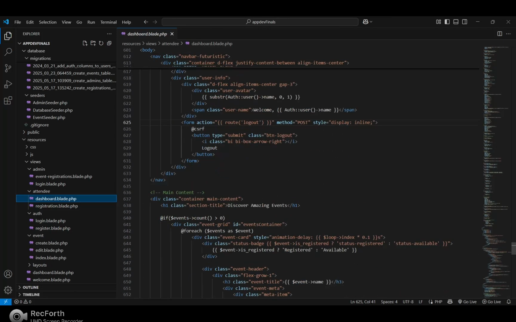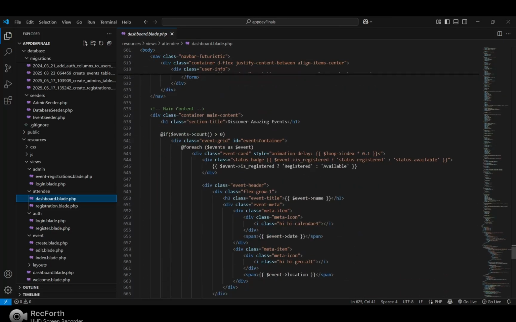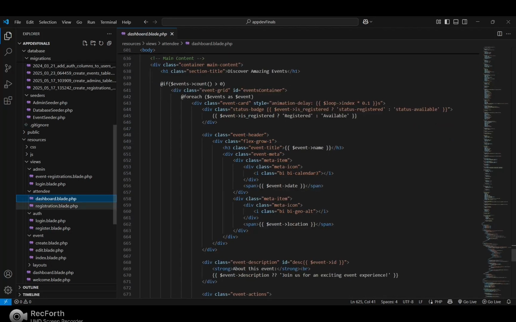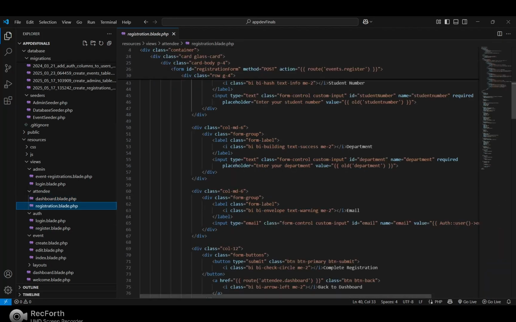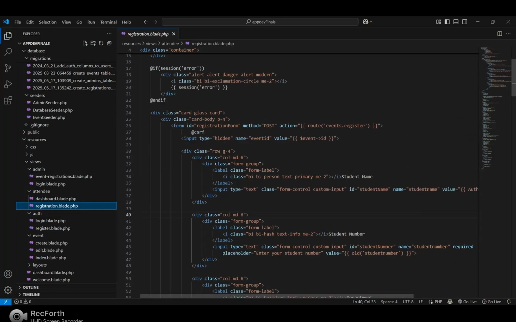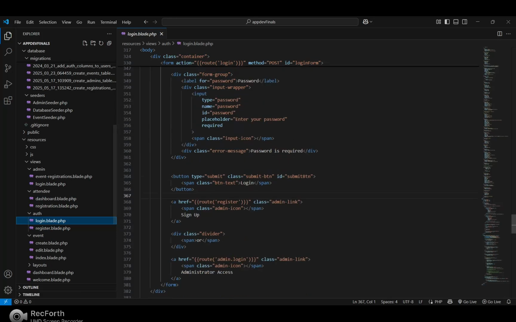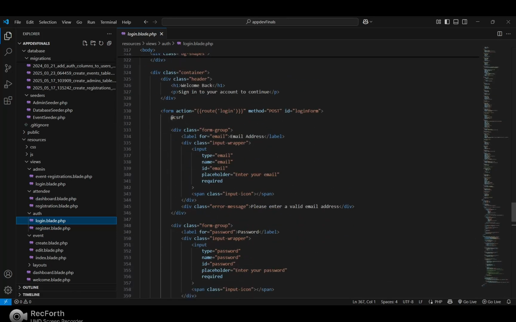Next is the attendee dashboard, which I showed you earlier. This shows the events you want to register for. Next is the registration blade, which shows you the form to register in a certain event.